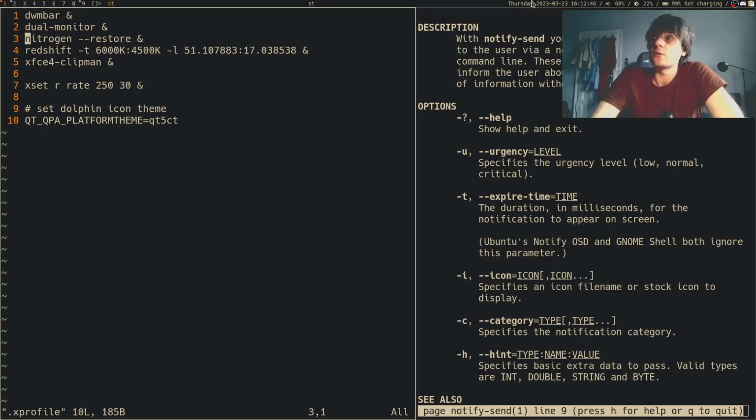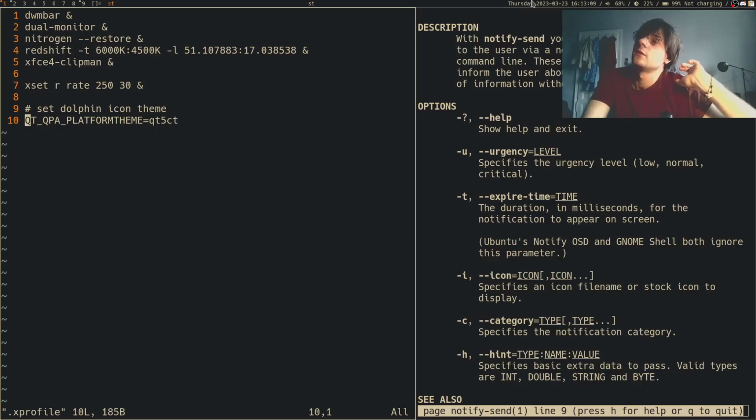Then we have nitrogen restore, which restores my wallpaper. I'm running Redshift with some configuration, and XFCE Clipman. So I have a clipboard manager to copy,